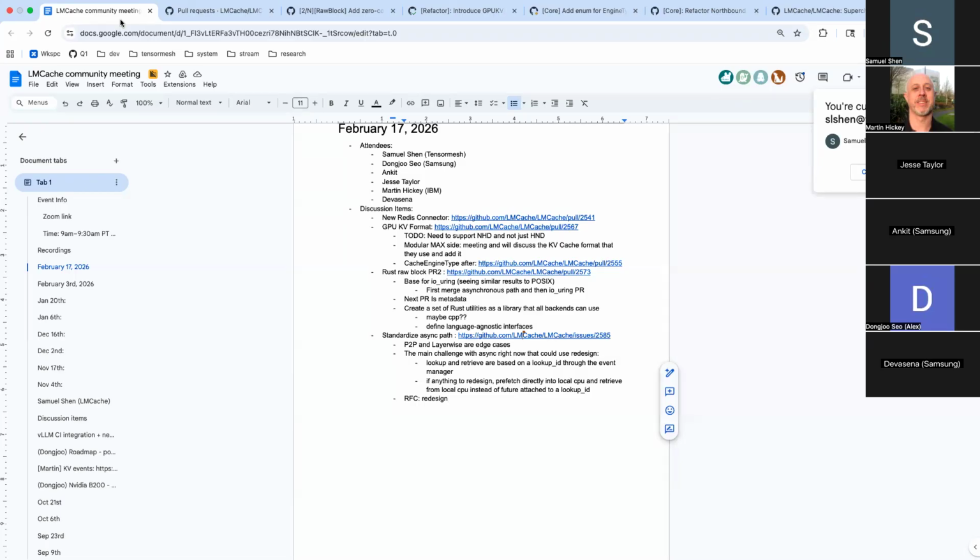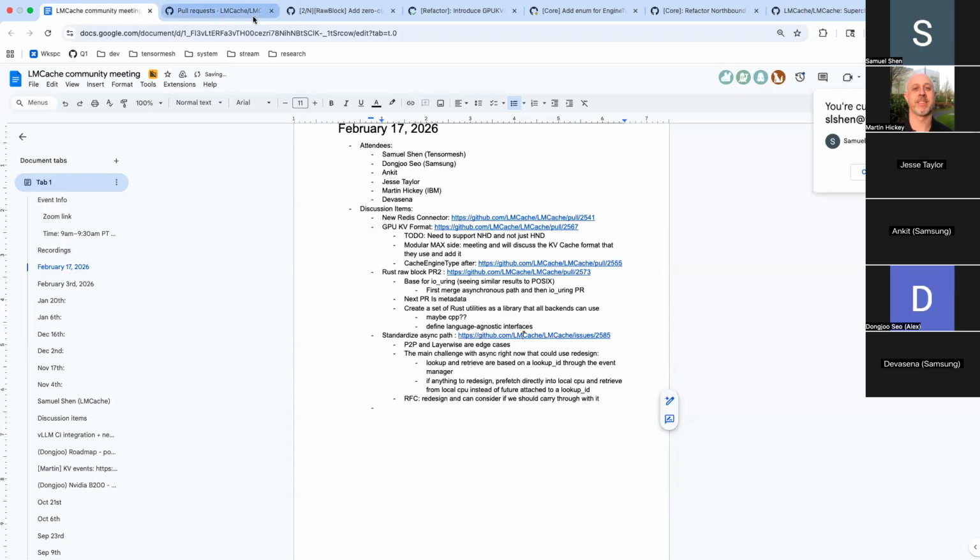So adding an extra pin to all the L2 backends. And then there was a memory leak that Balong found in the P2P backend. So yeah, the redesign could introduce a new set of bugs that also need to be debugged. One thing I found last week, when I talked with some issuer about the NIXL,